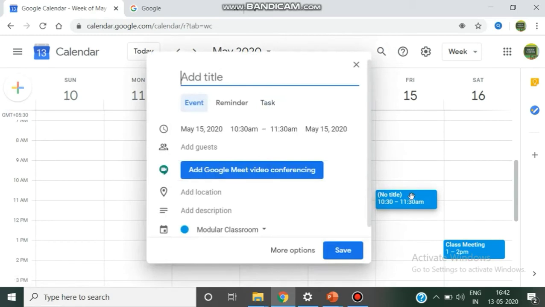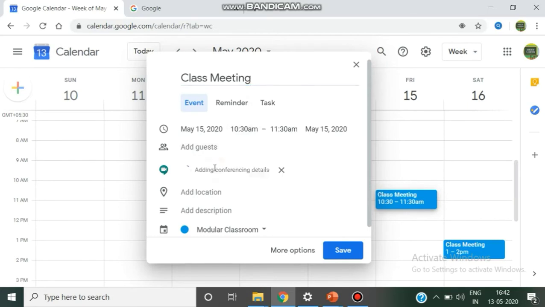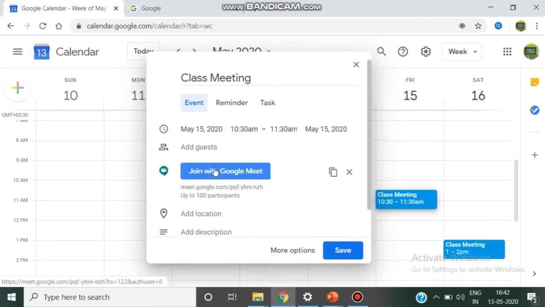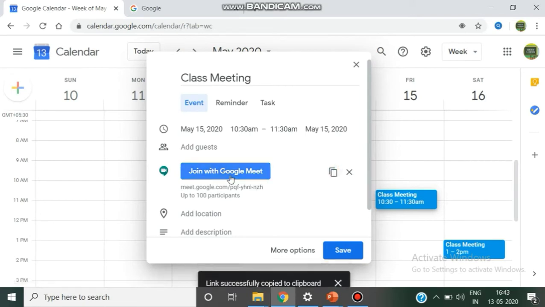Once you click on that place, you get a message tab. Here we are going to add the title as class meeting. So we can give the message as class meeting, and you have to press this add Google Meet video conferencing. So you can copy the meeting link by pressing this tab, so that once you click on that, the